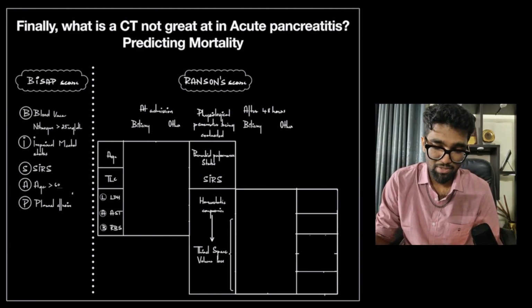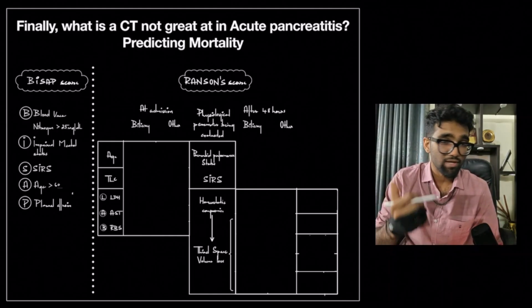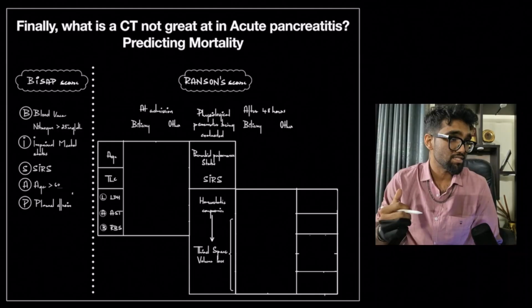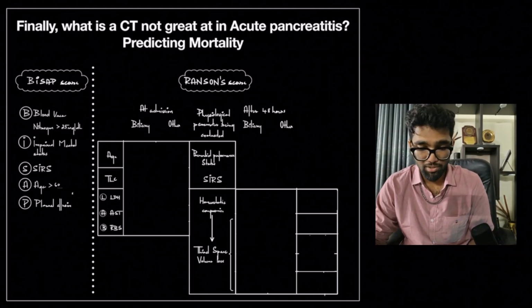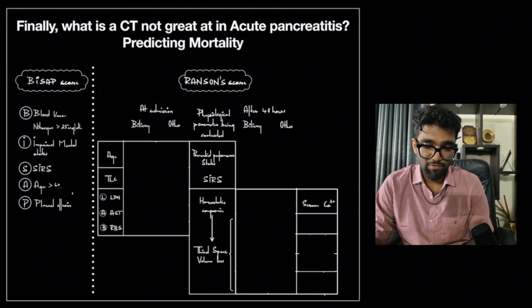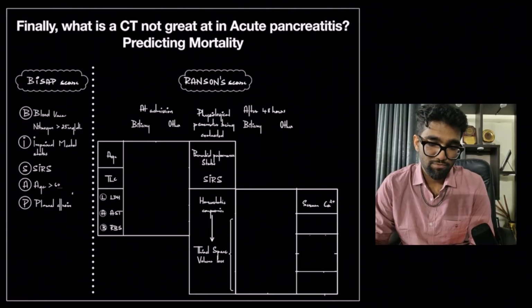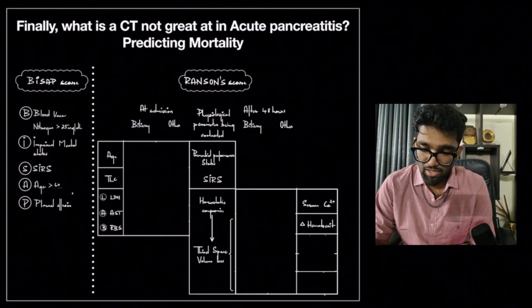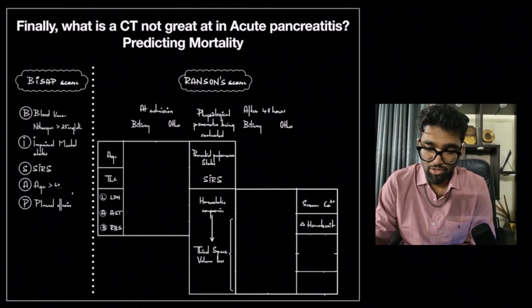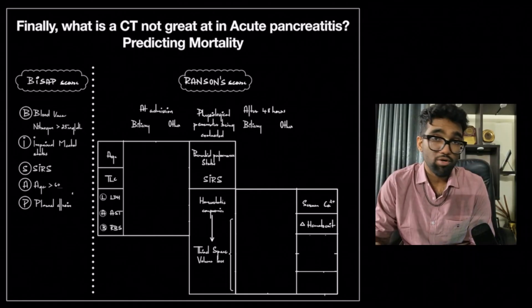Now, when I say lab parameters, what I mean is the L stands for LDH, A stands for AST, and B stands for blood sugar, that is random blood sugar. The cutoffs are different in case of biliary and in case of other pancreatitis. Now, after 48 hours, what we look at is, very importantly, the serum